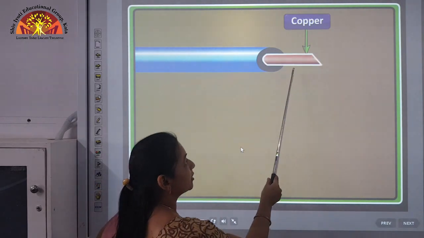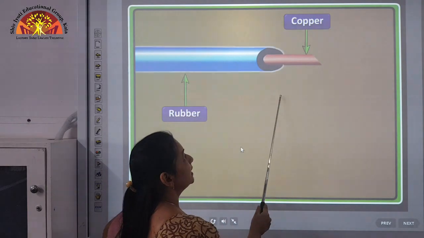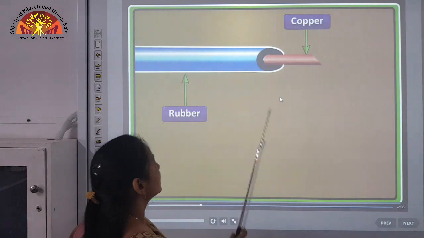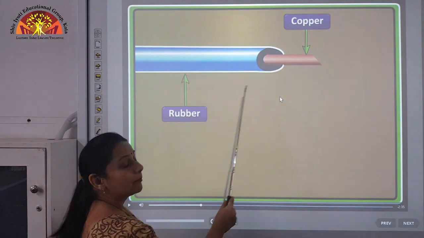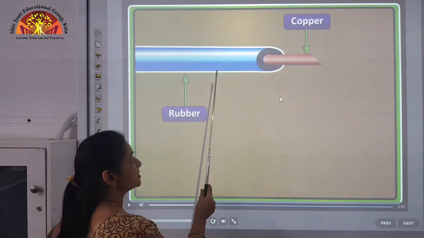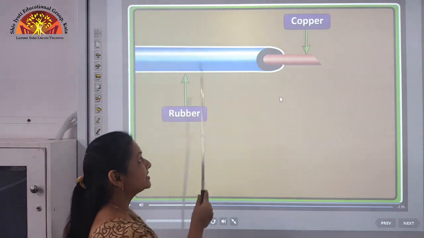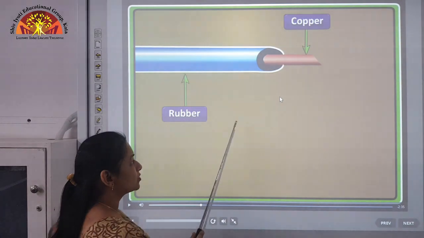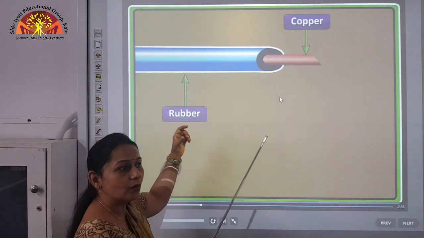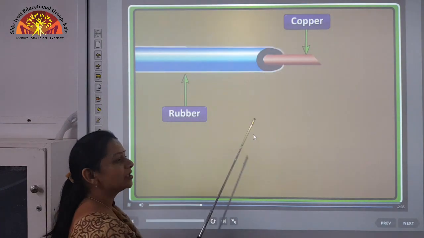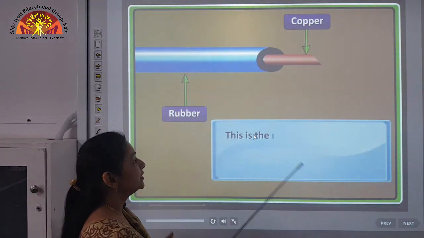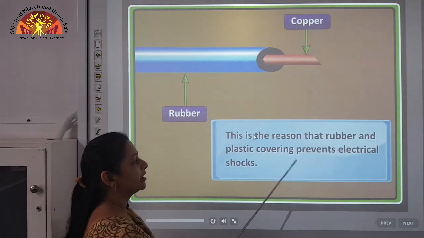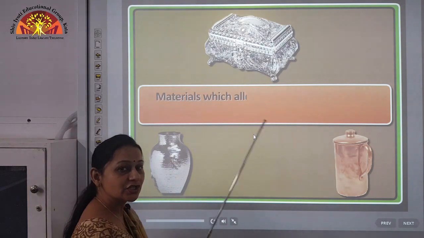These wires are made up of copper because they conduct electricity, and the rest of it is covered by a thick coating of plastic or rubber, and this plastic or rubber does not conduct electricity, and so we are easily able to hold the wire and it doesn't even give us a shock. This is the reason why the rubber and plastic covering prevents electrical shocks.